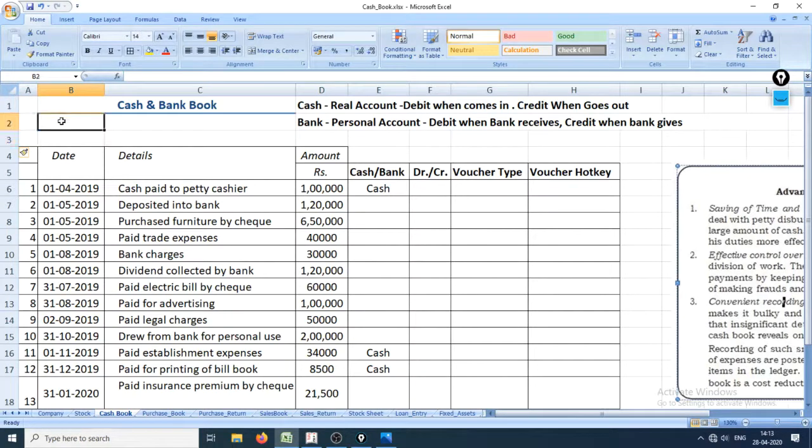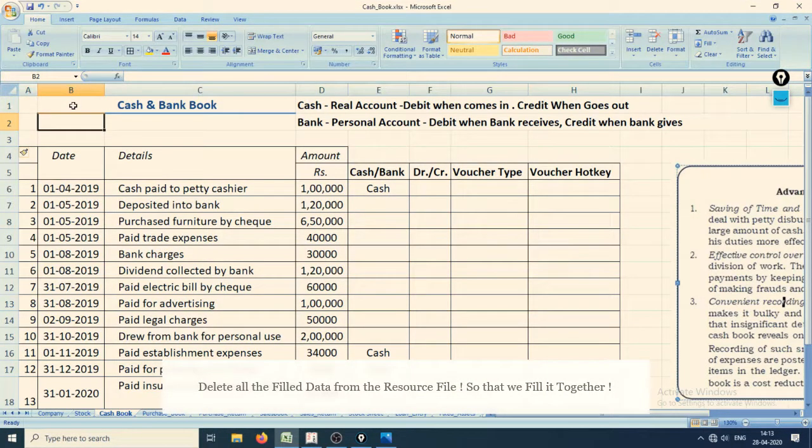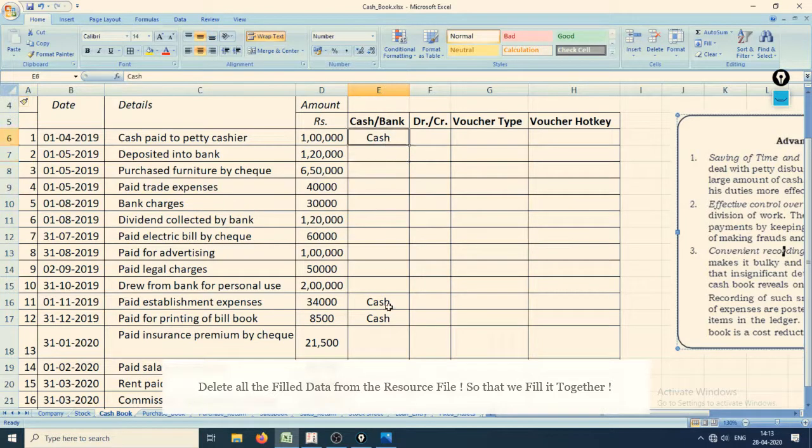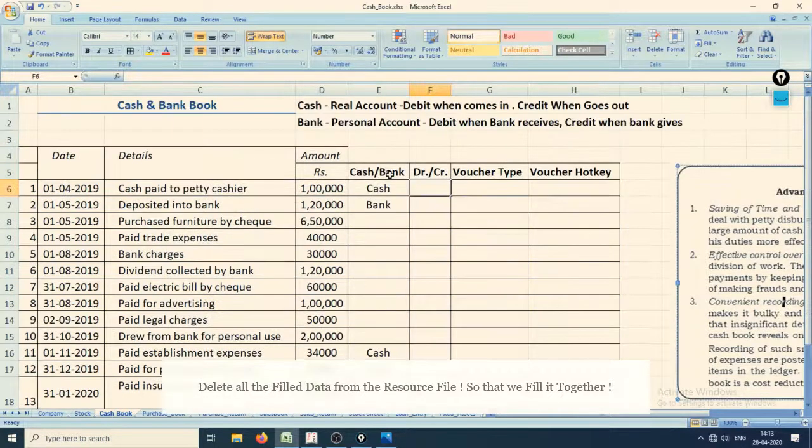So this is one of the most important aspects of any company, that it always has a cash and a bank book. Now I want you to pause this exercise right now and continue on your own. I want you to fill these details right here, which is these three are cash payments and the rest will be bank, so you can enter bank in all of them. Okay, this column right here, you have to enter what will be the effect of this. Okay, so let's try the first one together and then you can carry on your own.